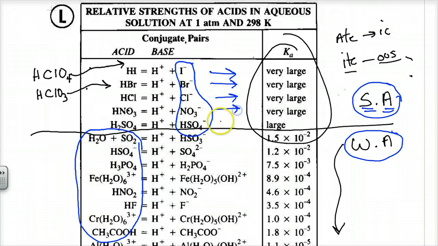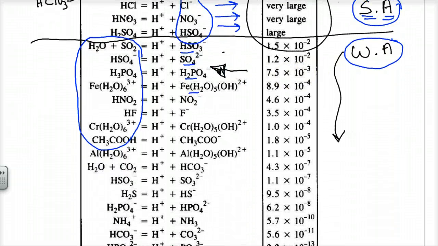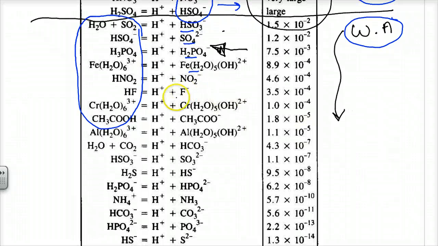So these conjugate bases have no, and again, conjugate bases are what's left over after you've donated a proton, they have no ability to go in the reverse. That's why they all have a tremendously high Ka. Weak acids have conjugate bases with some ability to go in the reverse, and the reverse reaction is favored and the Ka is less than 1. Delta G is negative. And as you can see, the Kas drop off as we go down, which means the conjugate base's strength